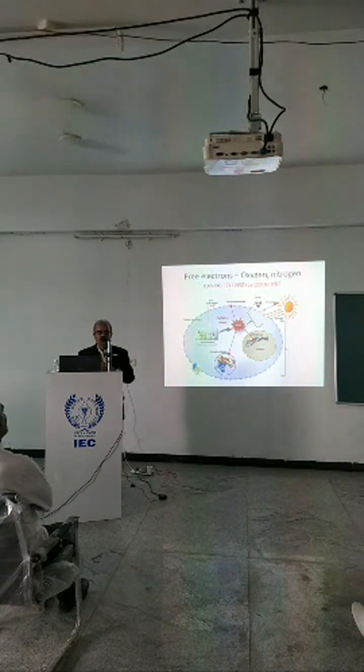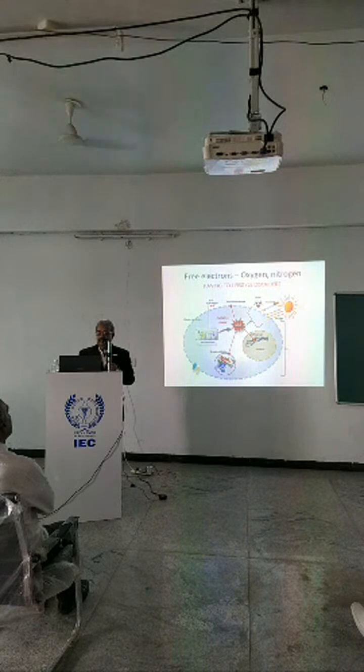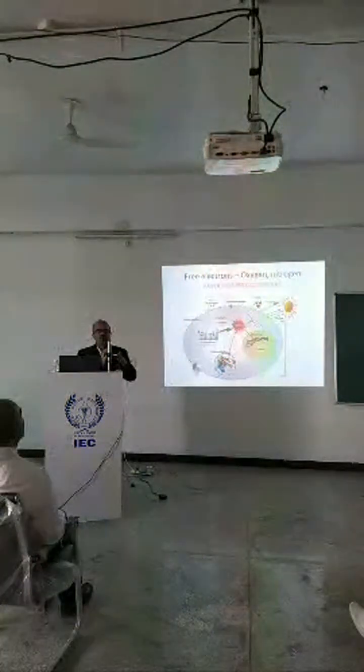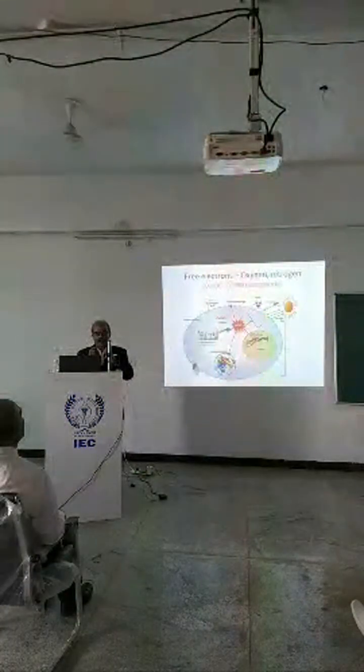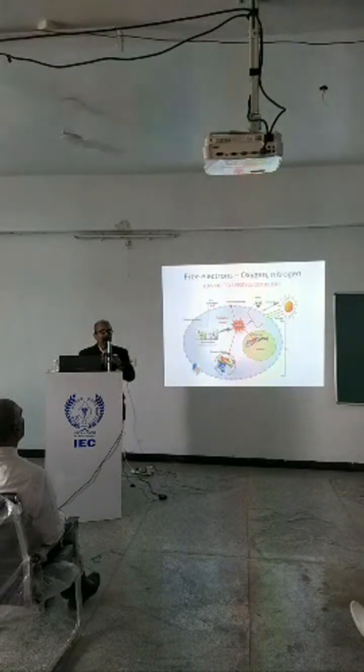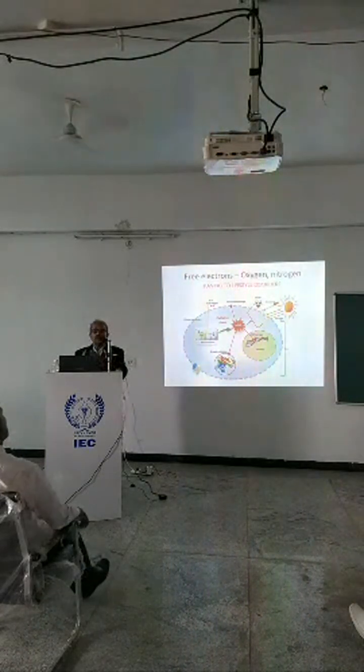If these molecules are released into the cytoplasm or outside the cell, they will injure the membranes, proteins, nucleic acids, nucleus, and the depletion in the number of your organ cells is directly proportional to your